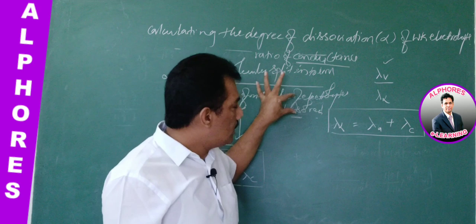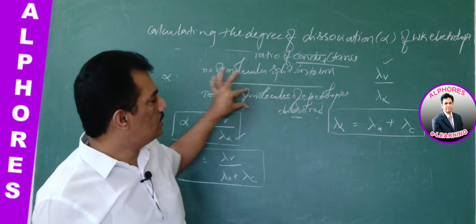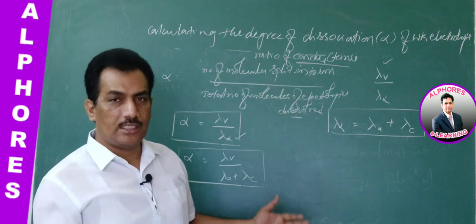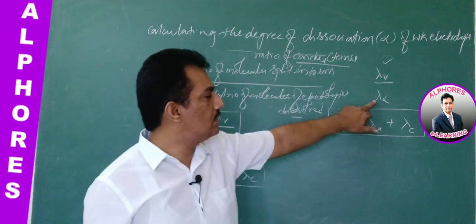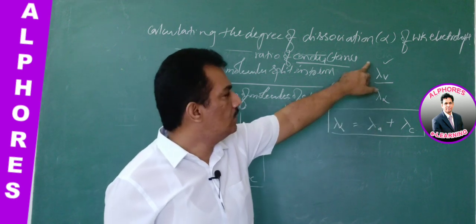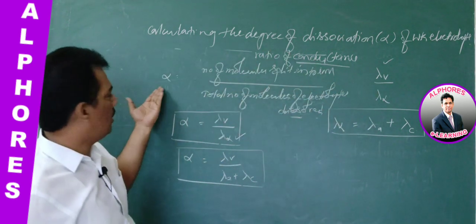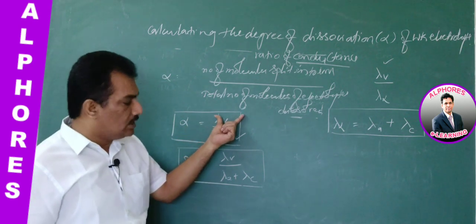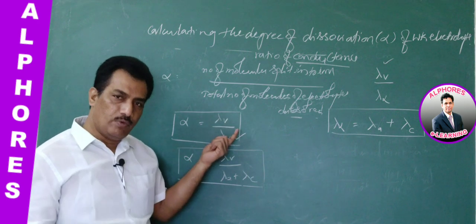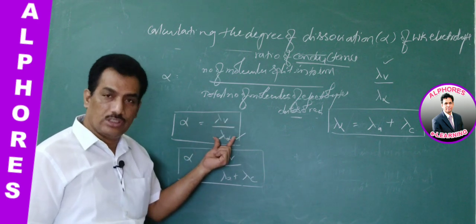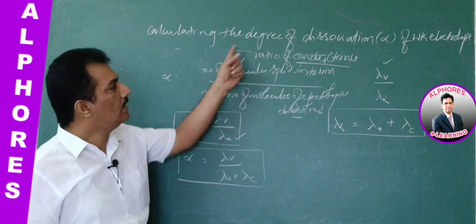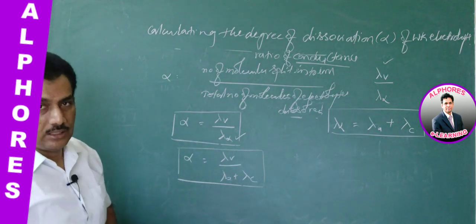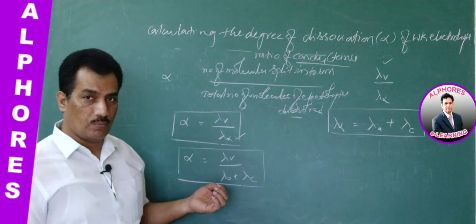Clear? And these ions, if imaginarily all of them undergo 100% ionization, then automatically the electrolyte will get maximum conductance. That conductance is known as conductance at infinite dilution. So this ratio is nothing but alpha, the degree of dissociation. And now the ratio of the conductance at a given dilution and the conductance at infinite dilution, the conductance ratio, is considered for the degree of dissociation. That's why the degree of dissociation, in other terms, we can consider as the ratio of conductance, or conductance ratio, simply.